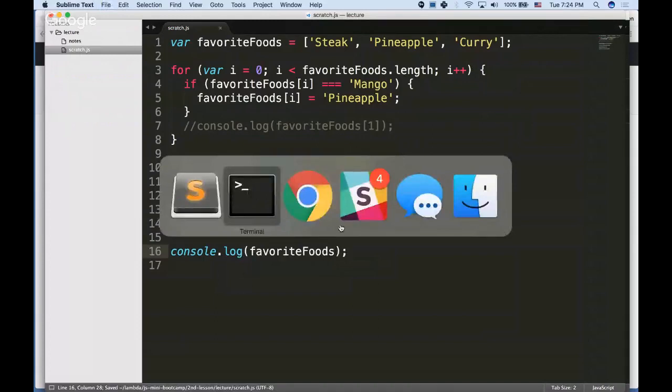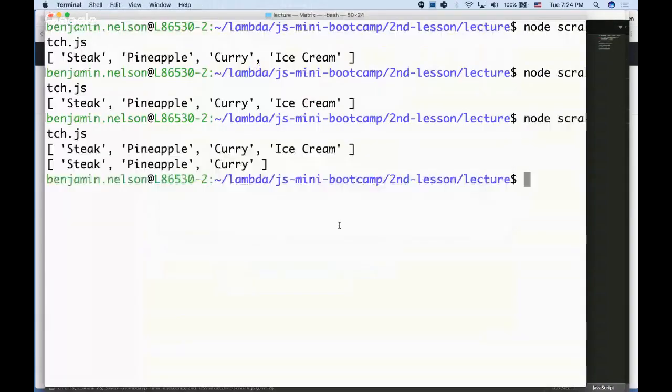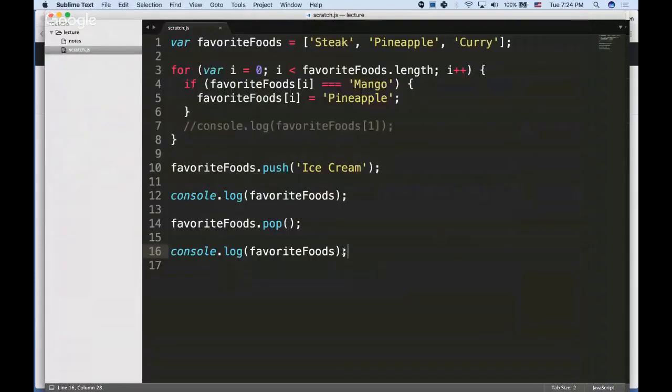All right, so let's go back to terminal. See steak, pineapple, curry, ice cream, and then down below steak, pineapple, curry. So pop the one off of the end. There's methods for doing stuff off the front of the array. There's stuff for putting things into the middle of the array and doing some different things like that, some more advanced methods. We dive into a lot more of that when we get into our advanced course. We'll probably talk a little bit about some of those other methods tomorrow, but anyway,